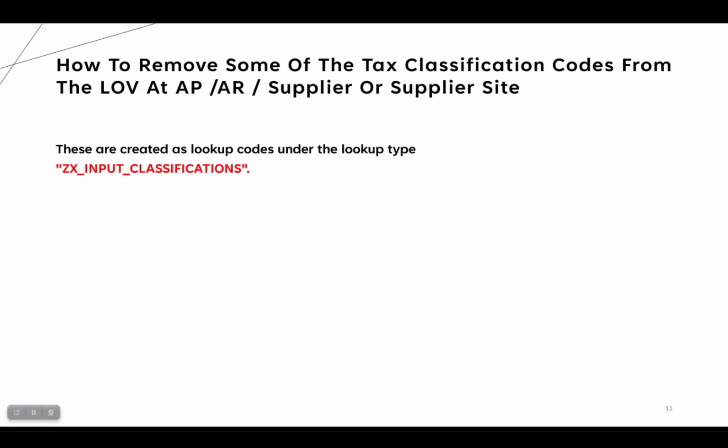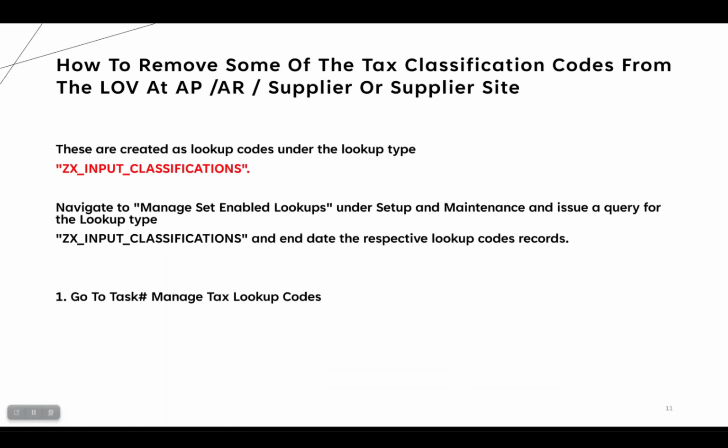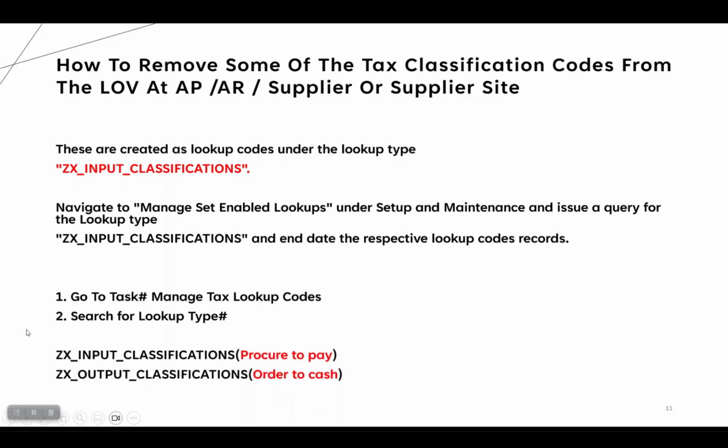There are two lookup codes, ZX input classifications and ZX output classification. Input classifications is related to procure to pay. So you have to manage it through this lookup: manage and set enabled lookup, search for the lookup related to procure to pay, and in this lookup disable all of the tax classification codes related to order to cash cycles, and vice versa. In ZX output classifications you will disable all of the tax classifications related to procure to pay. For example,